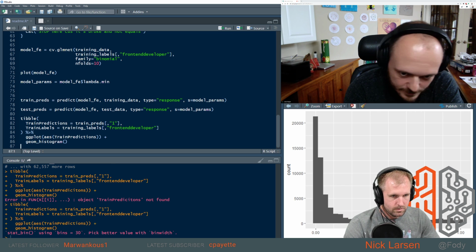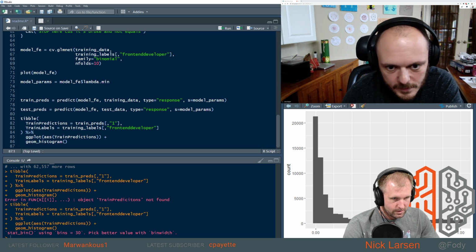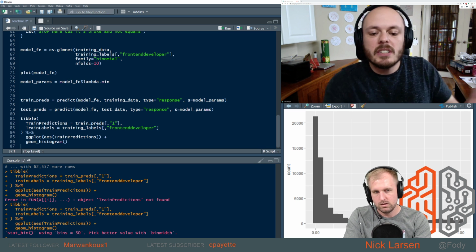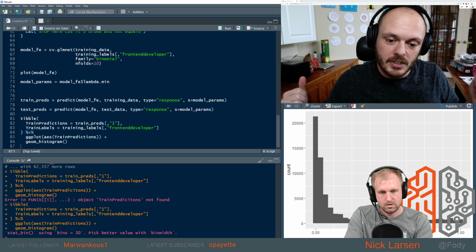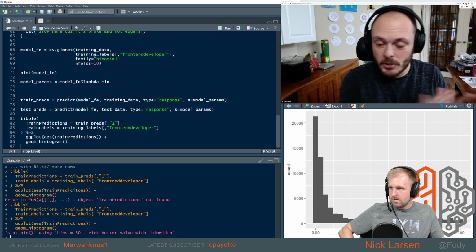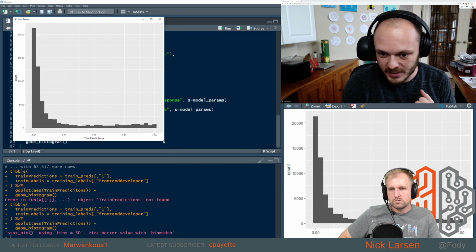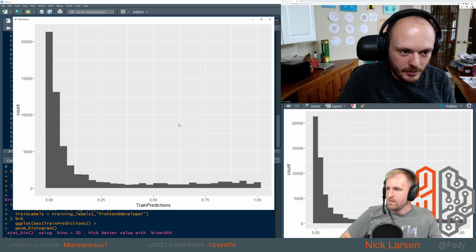All right, so somewhere it starts predicting that some of these are true. Let's see what the real values are. So what does this graph say? It says that our classifier is scoring a whole bunch of things really low on this scale, which we hope are the ones that are not front end developer jobs. And then all of these ones out to the right,